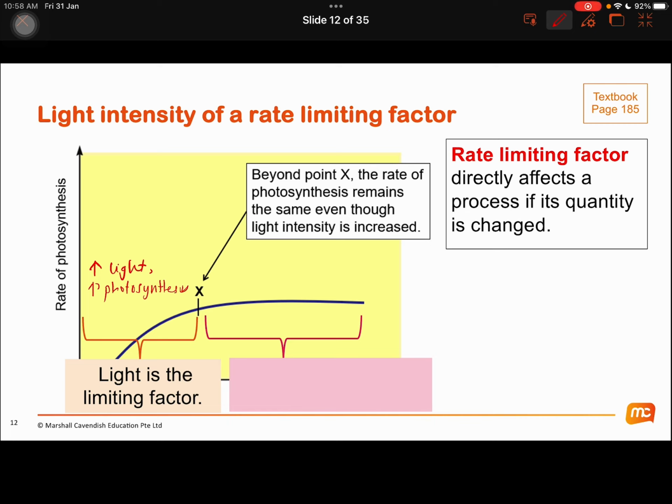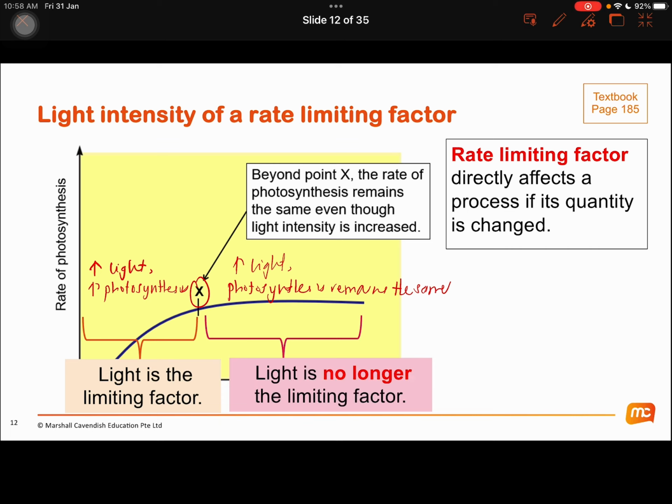But it will reach a point beyond X where no matter how high light intensity increases, photosynthesis remains the same. So beyond X, light is no longer the limiting factor. It could be another factor that is limiting the plant from achieving a higher rate of photosynthesis, but at this point,